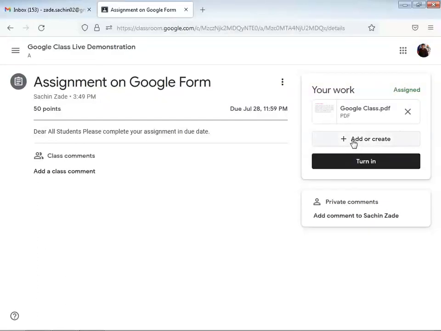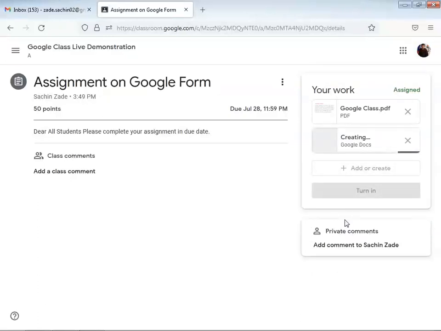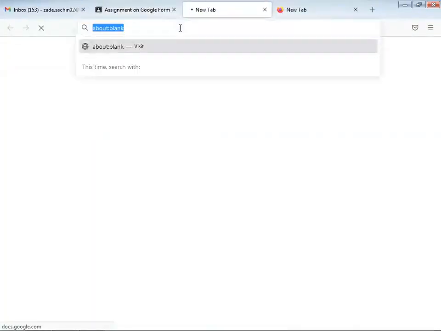We take another file, that is, we are going to create a file. So for that we are selecting the docs, that is the document file, and here we have to put some text. We will search for it on Google and put it here.